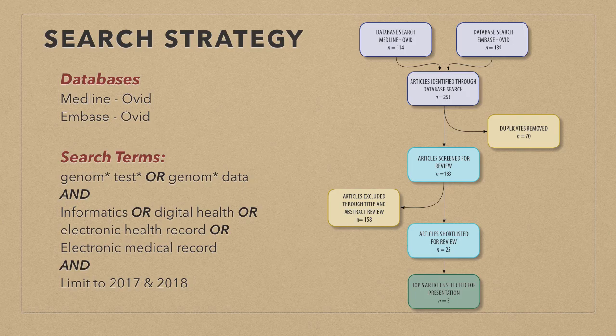This slide illustrates the search strategy used to gather the research articles for this literature review. My search included both the Embase and Medline databases and employed the advanced search feature of the Ovid databases using the search strategy listed. The Medline database provided 114 articles, and the Embase database yielded 139 for a combined total of 253 articles. Duplicates were removed, after which I screened the remaining 183 articles by examining their titles and abstracts